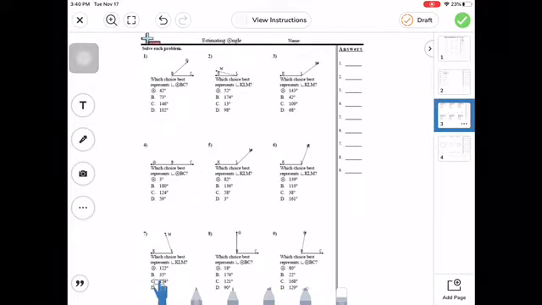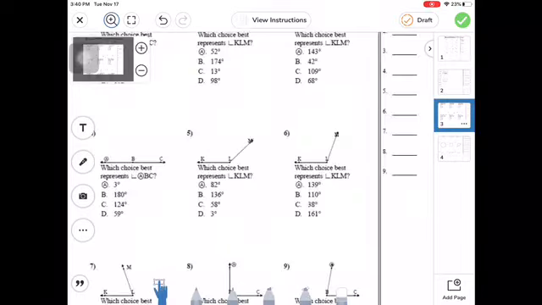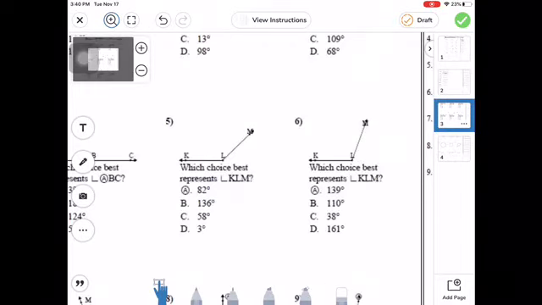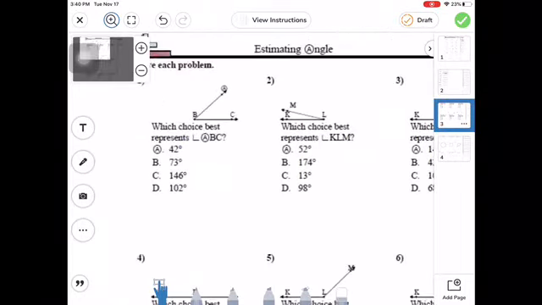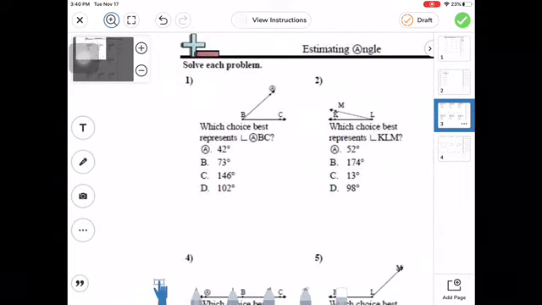Moving on to number 3. As we see number 3, I'm going to get in just a touch closer so we can see what's going on here. Solve each problem. Well, let's see. As I look at this one, which choice best represents angle ABC? So it's asking you on this angle, which measurement does it look most like? Does it look like 42? Does it look like 73, which is almost 90 degrees? Does it look like C,